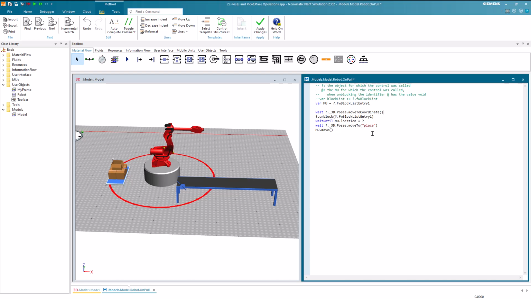This method requires two parameters. The first is the coordinate to which the robot should move, relative to its position in the frame. For the first parameter, we enter the position of the source. The second parameter is another array, representing the rotation angle of the animation object around the specified axis. In our scenario, the rotation is unnecessary for picking the part, so we set the z-coordinate to 1. Now we can commence the simulation.